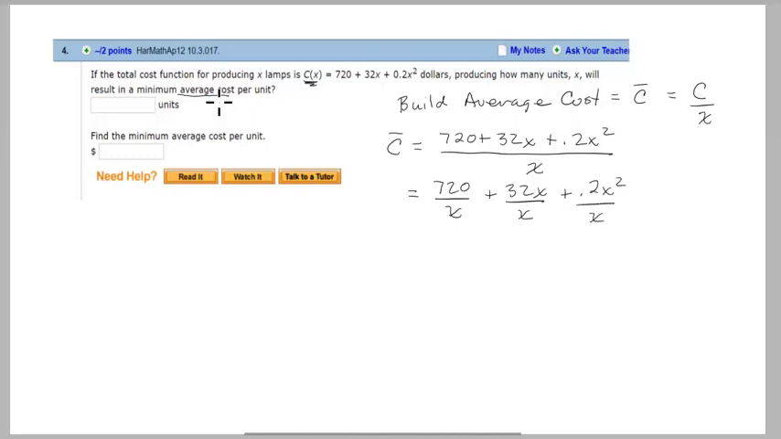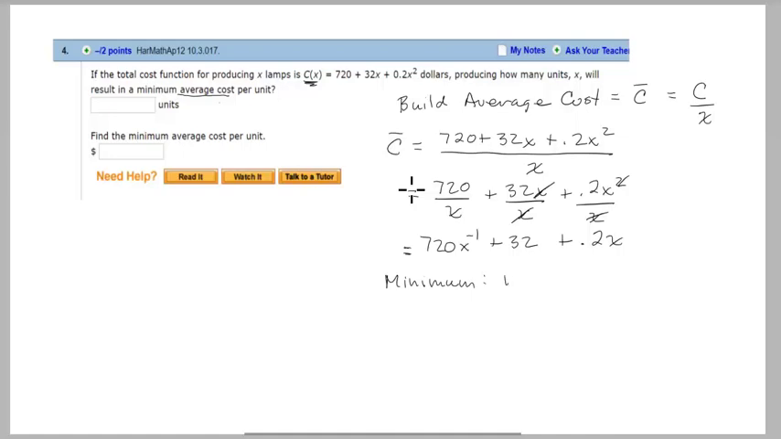So instead of dividing the whole side by x, divide each term separately by x. Now I have 720 x to the negative 1, I can cancel an x, plus 32, plus cancel an x, 0.2x. Okay, at this point, all I have done is build the function that I want to analyze. Now I want to minimize it,